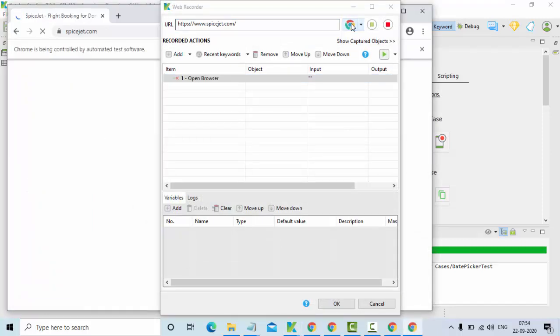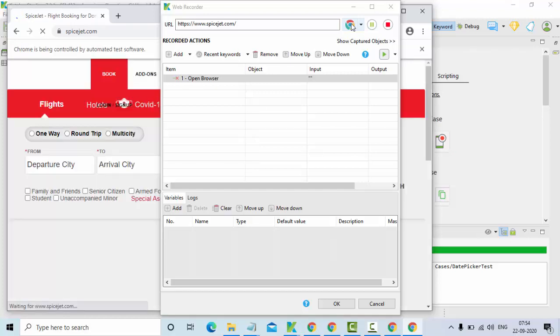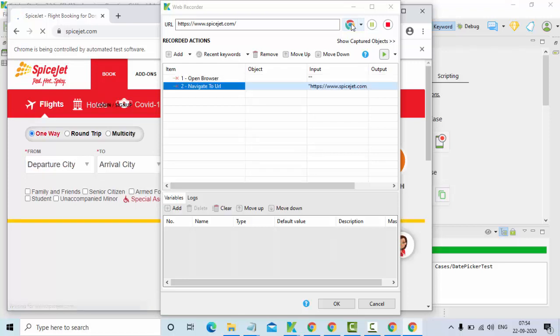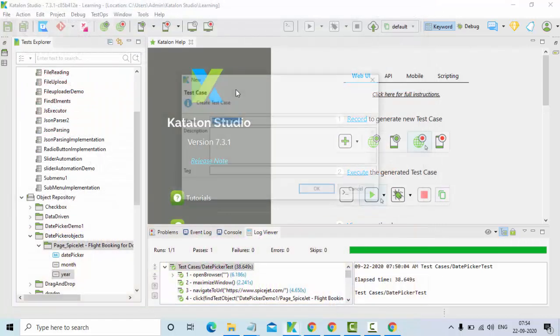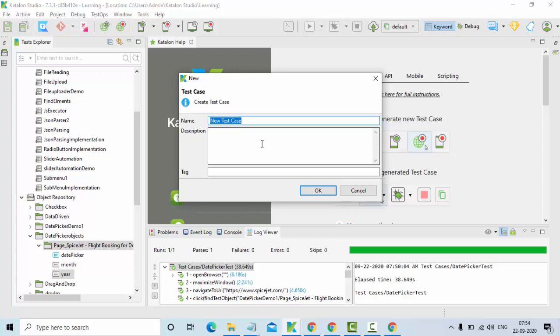Let the application load completely. Now you could see navigate to URL is successful. I'll click on OK here. I'm creating a test case like date picker, something like demo implementation.